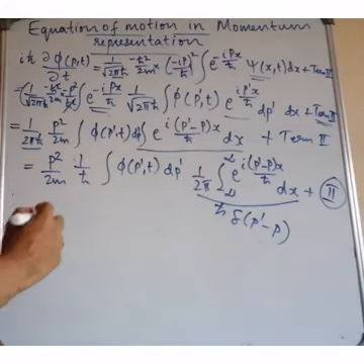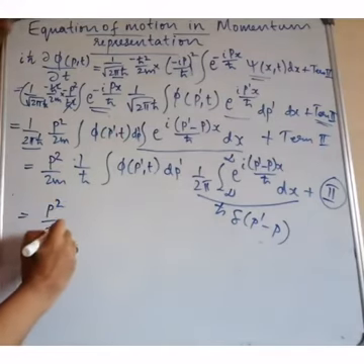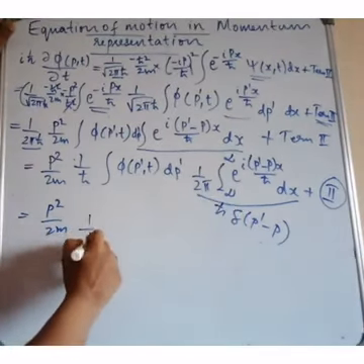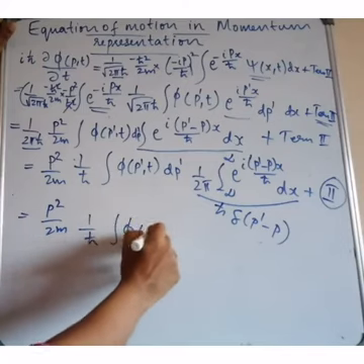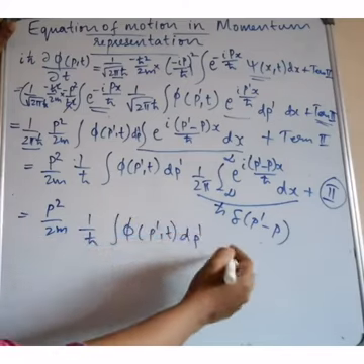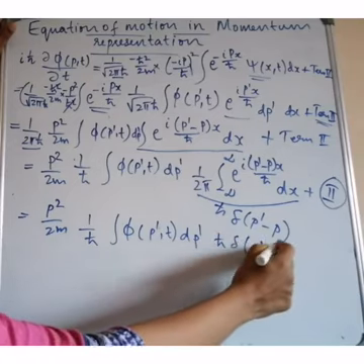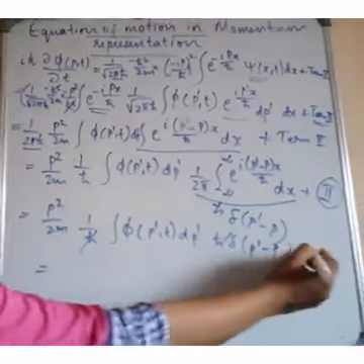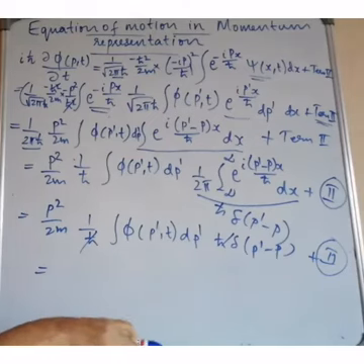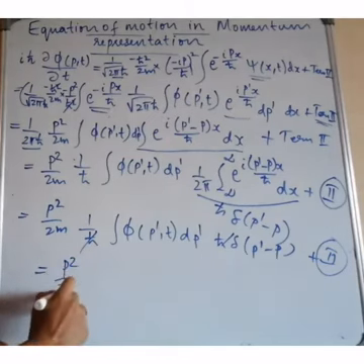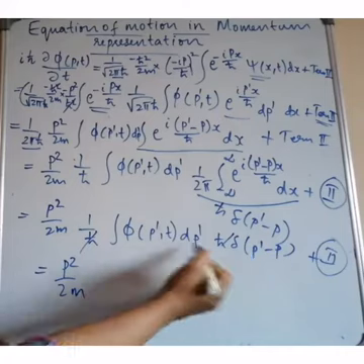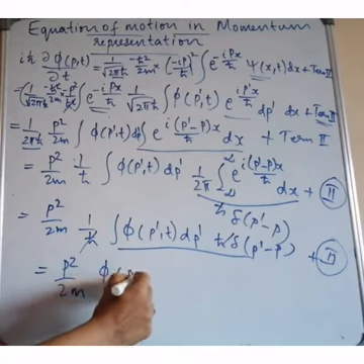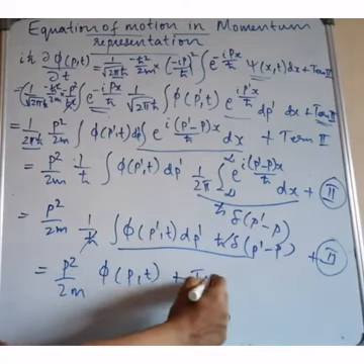So we have, this is p square by 2m, h cut gets cancelled here. Okay, I'll write it 1 by h cut into integral phi of p prime comma t dp prime h cut into delta p prime minus p. So h cut gets cancelled. What you have is term 2 is there. So p square by 2m, this integral, using the property of Dirac delta function, we will have phi of p comma t plus term 2.